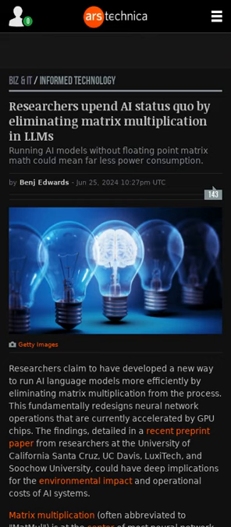Researchers claim to have developed a method of running AI models more efficiently that involves eliminating matrix multiplication from the process. A fundamental redesign of the neural network operations that are currently accelerated by GPU chips, the method could have deep implications for the environmental impact and operational costs of AI systems. It challenges the prevailing paradigm that matrix multiplication operations are indispensable for building high-performing language models. The approach may outperform traditional large language models at very large scales, but this has not been tested due to